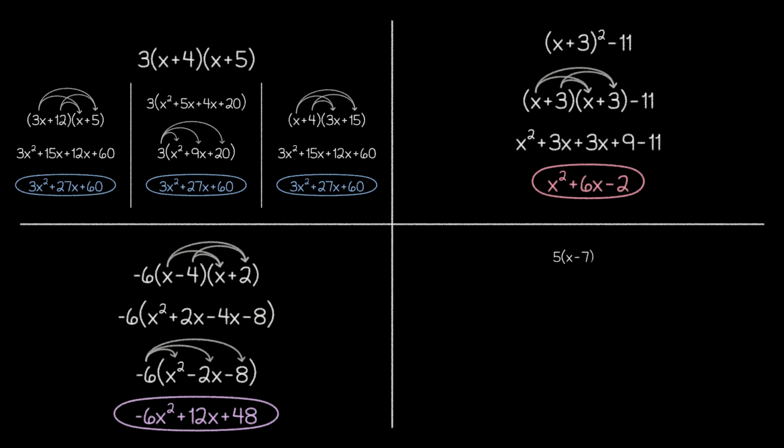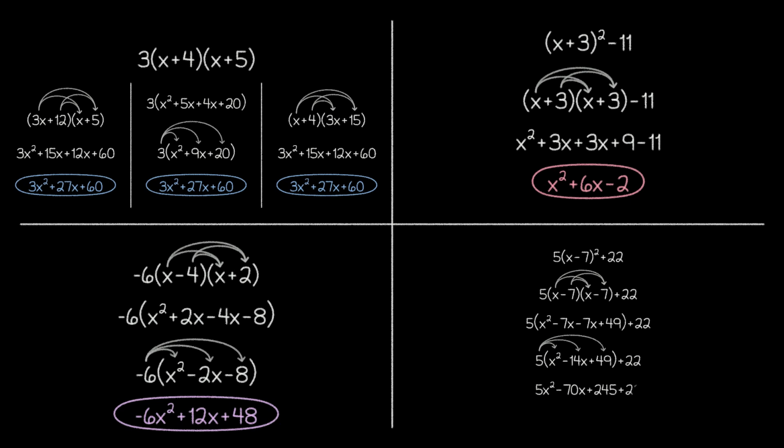This next example has an additional constant factor in front of the perfect square, but that won't end up changing much about the conversion process either. We do need to think a bit more carefully about what's being squared, but once we identify that the exponent is attached to the parentheses, we know that we should only repeat the expression that's inside the parentheses. This gives us the following expression, where we can once again focus on the linear factors and perform double distribution. After that, we distribute the 5 and combine the resulting constant term with the remaining term of 22 to get the standard form.